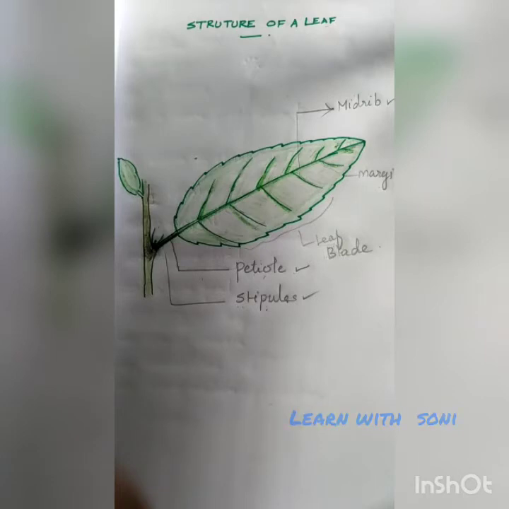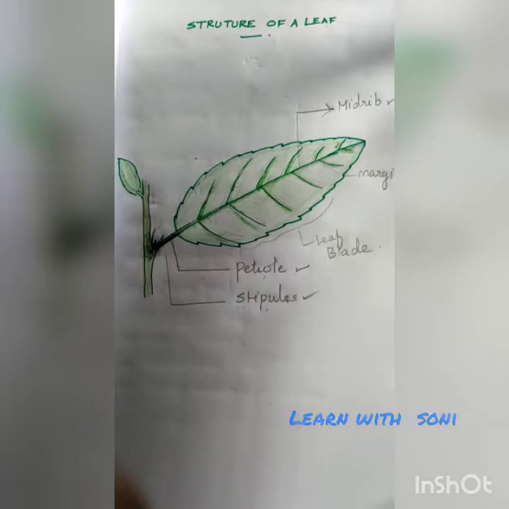Last class we studied the root system and shoot system. Root system means the underground part of the main axis that is present below the soil. Shoot system means the aerial part of the plant that is present above the soil. Then, what are the two types of root system we have studied? One is tap root system and another one is fibrous root system.